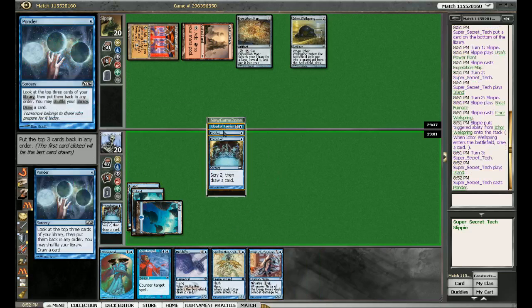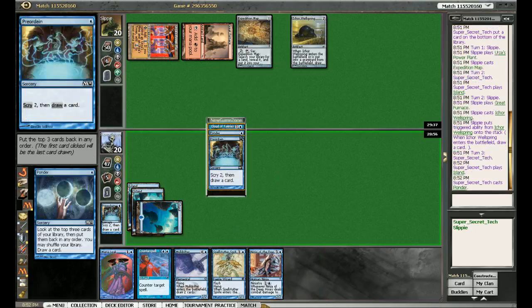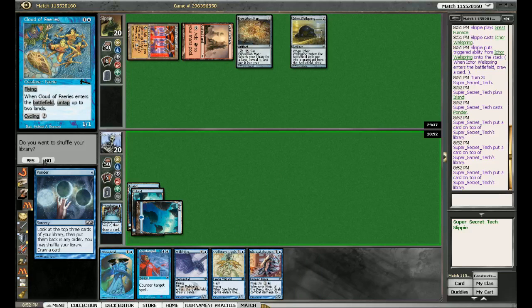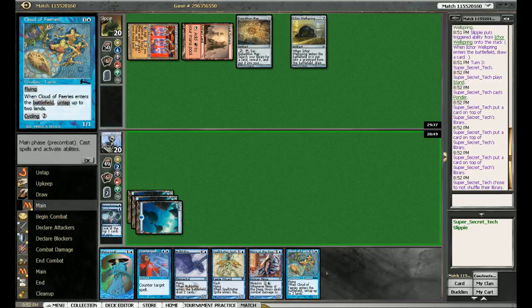Alright, we're getting better. Oh, that's sweet. Okay, so we want Ponder on bottom, Preordain, then Cloud. No, I don't want to shuffle. I'm going to go ahead and play my Cloud of Fairies